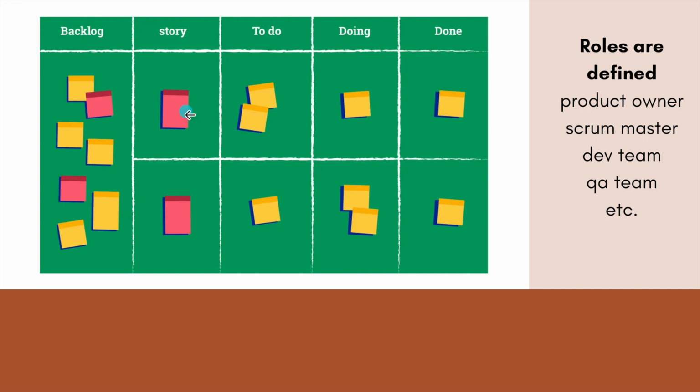Then again, the story is divided into several other tickets depending on the teams, and then it is assigned to do tasks. It may be assigned to the development team, it may be assigned to the QA team, it may be assigned to the DevOps team or various other teams. So in this similar fashion, once they have the